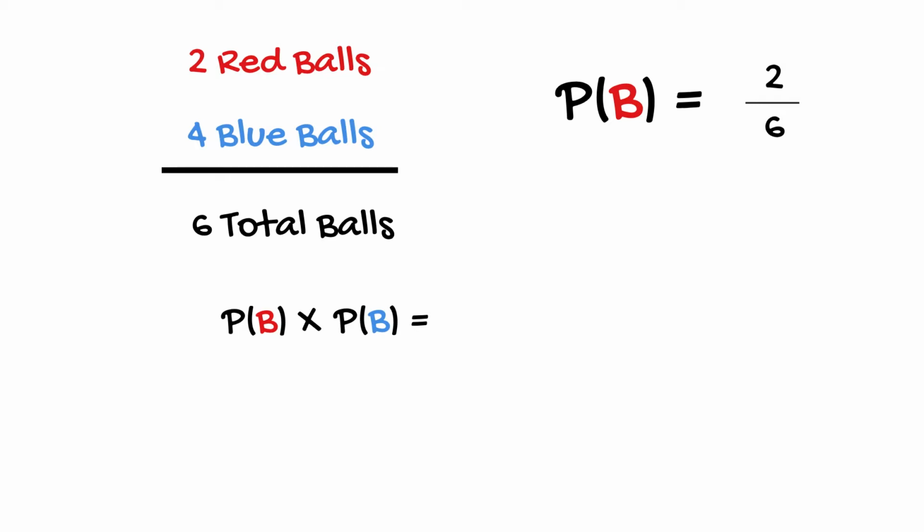So the probability of a red ball followed by the probability of a blue ball. And of course, that is going to be